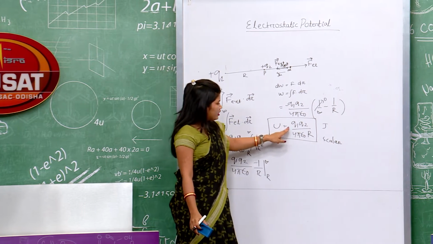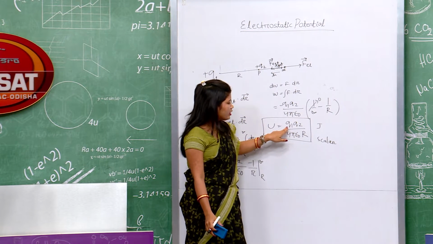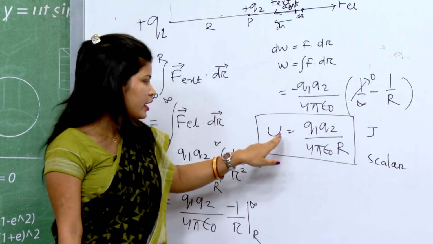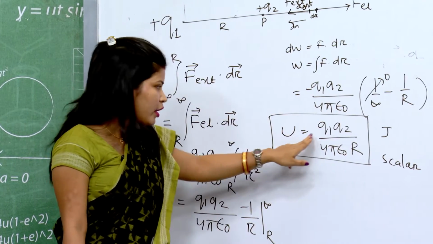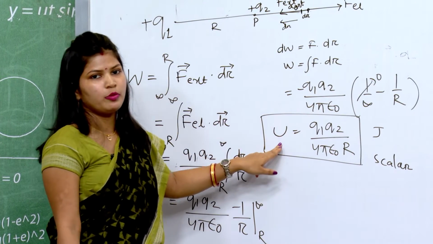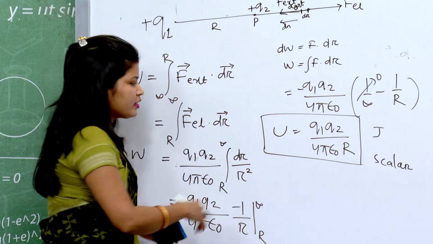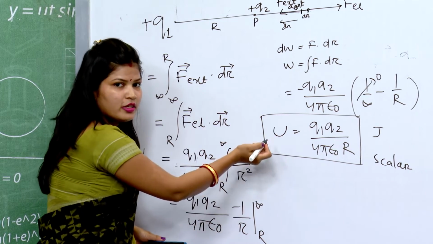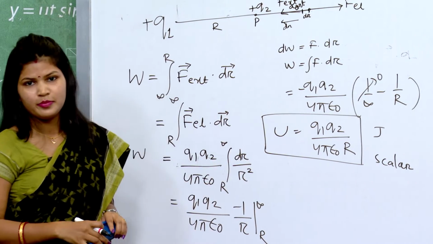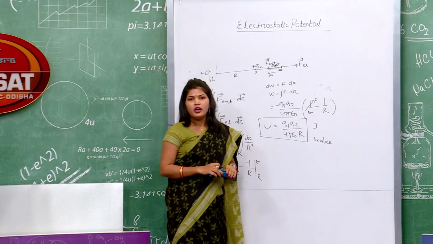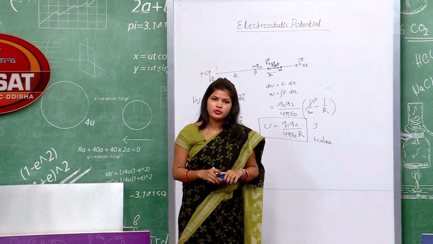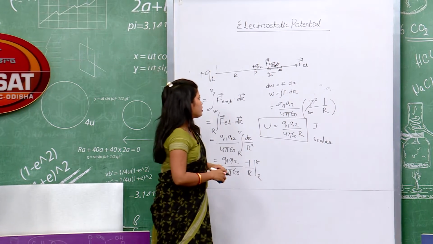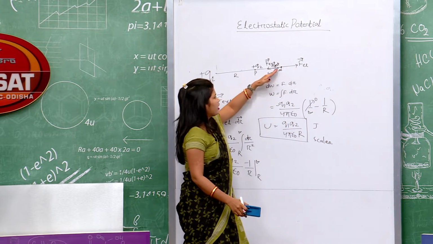See here, if both q1 and q2 are positive, then energy will be positive. If one of them is negative, then energy will be negative. So our energy is very sign sensitive. Okay. Now, I want to convince you yourself that suppose I did not come along a straight line